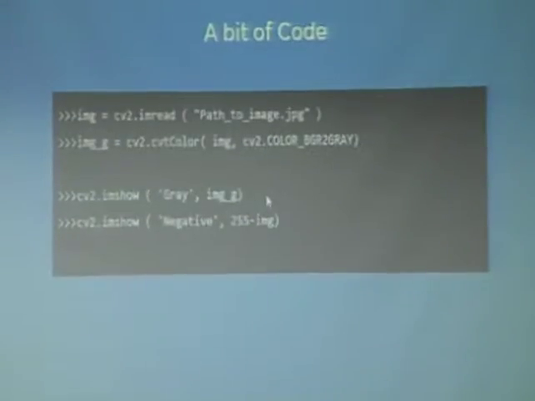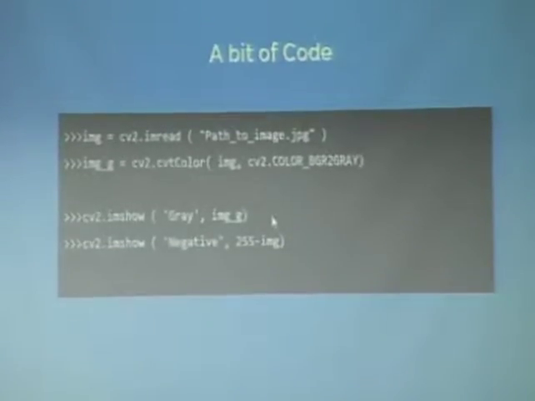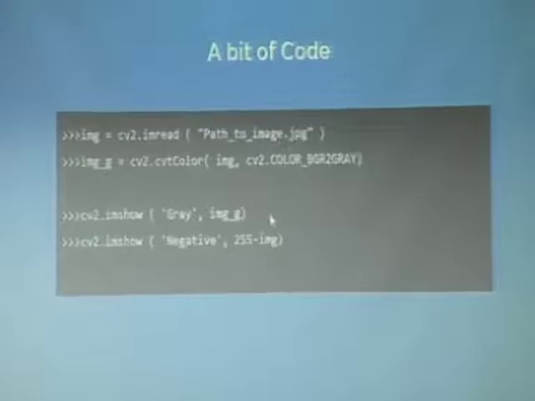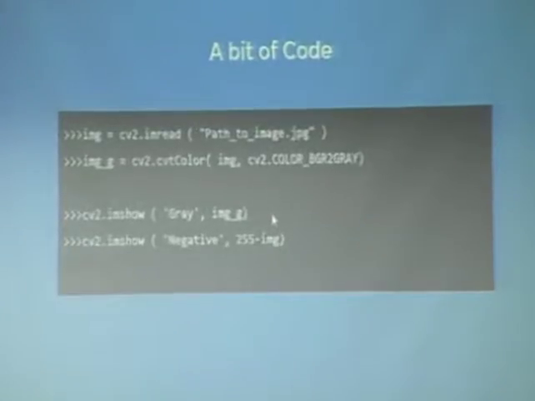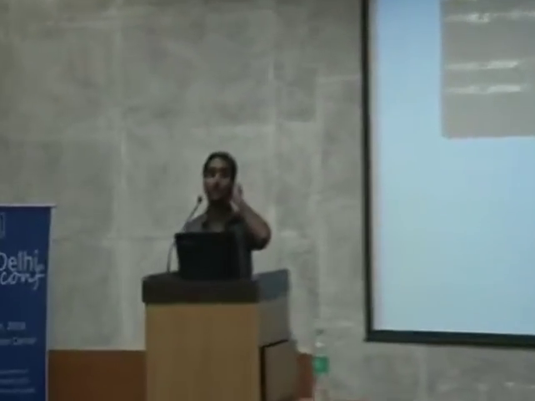So this is the code segment that I used. CV2 is the OpenCV library. It's import cv2 as cv, or whatever you want. cv2.imread actually reads the image from the hard drive. You can give a URL over here, so it's possible that you might be scraping images over the web. You could create a pipeline that is scraping the web, and at the same time you're feeding it to OpenCV. So imread can actually take URL paths. It needs some subtle changes with that.